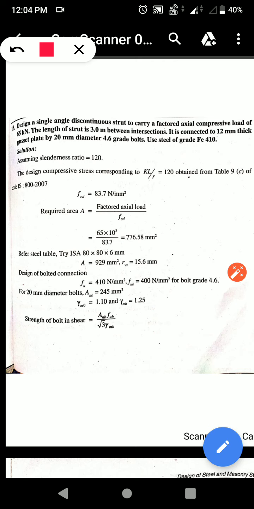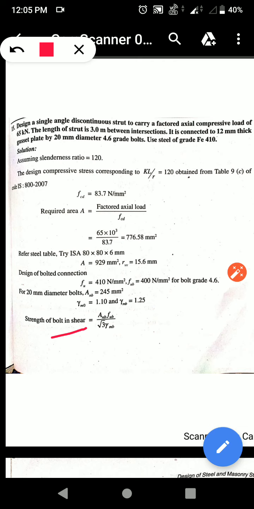So we have to calculate the strength of a bolt in shear, which is given by Fu by root 3 into Nn into Anb plus Ns into Asb. So it is single shear, Nn will be 1. So the short formula will be Anb into Fub divided by root 3 into gamma mb, where Anb is